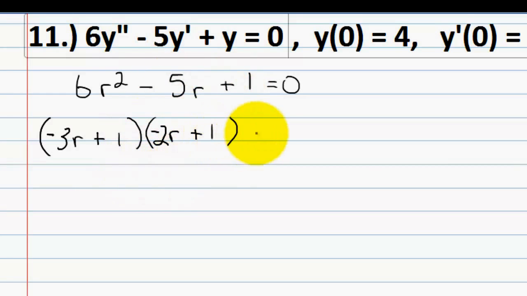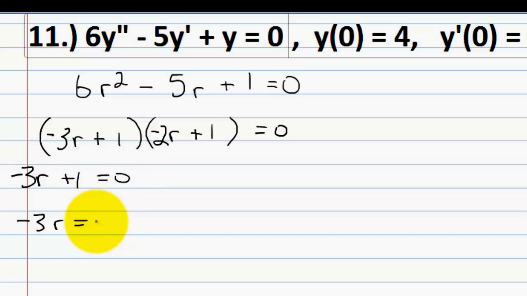So that works out. Now we're going to get r. This one right here is going to be negative 3r plus 1 is going to be equal to 0. So we're going to move that over, and we're going to get negative 3r is equal to negative 1. So r is going to be equal to 1/3,